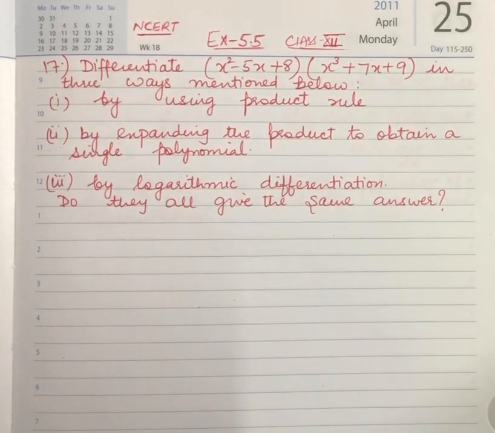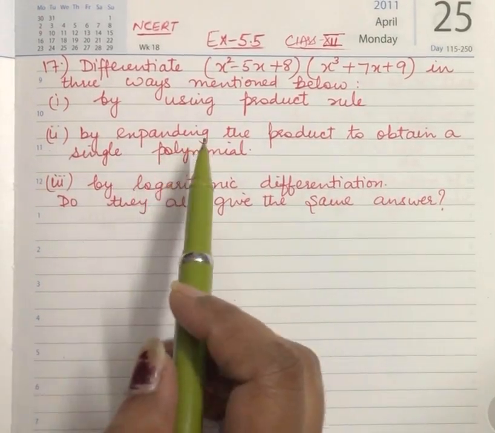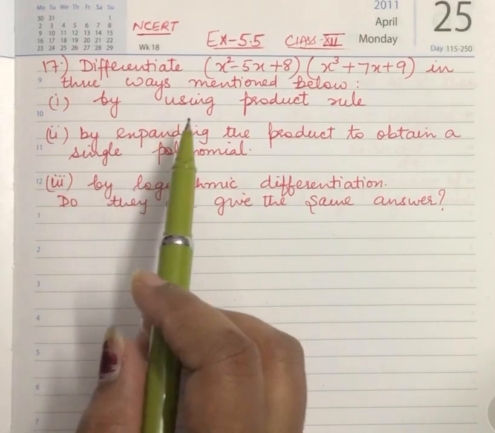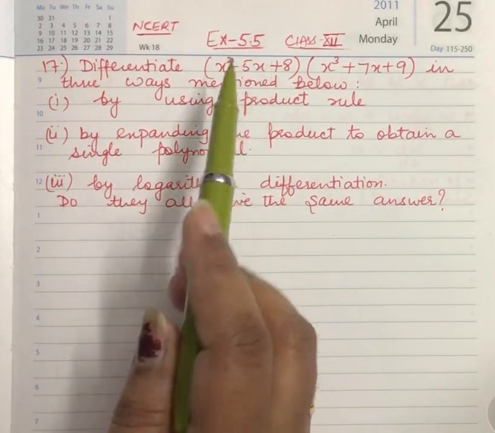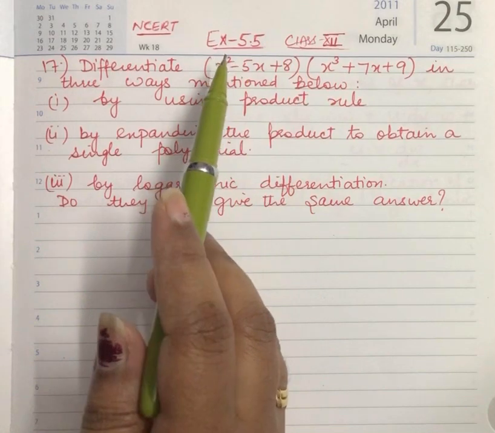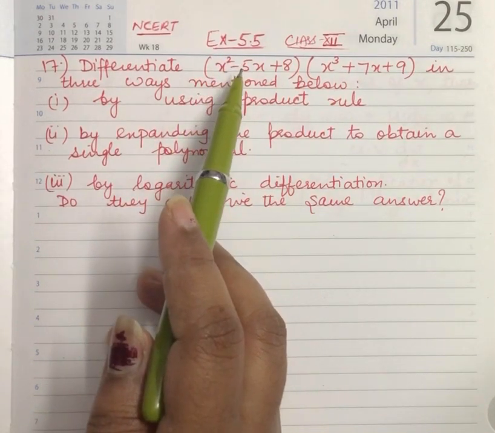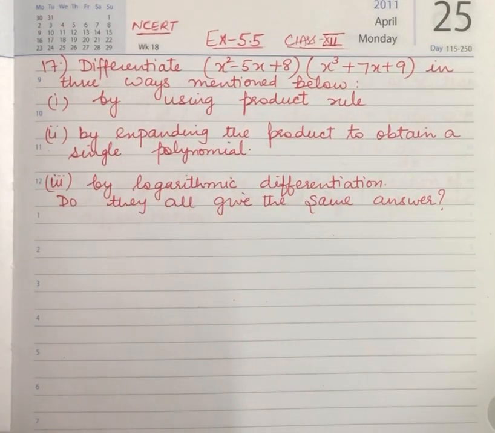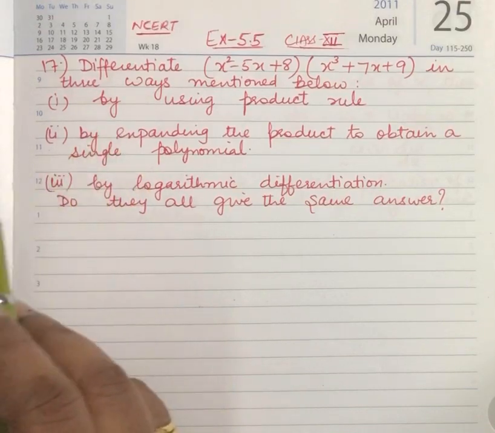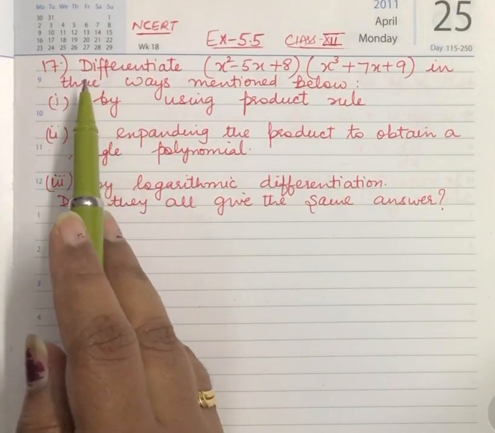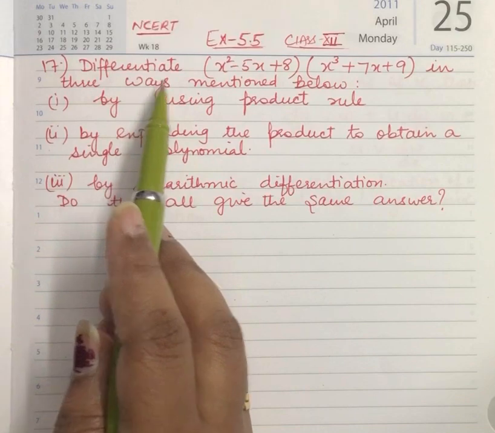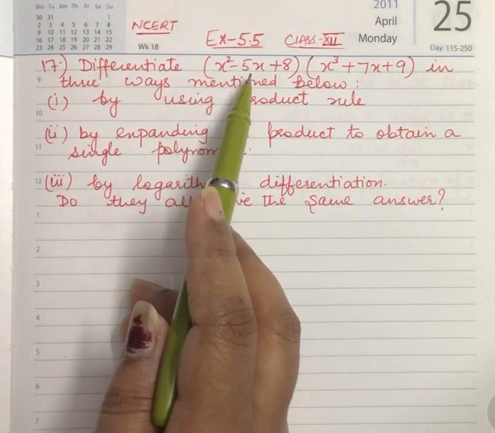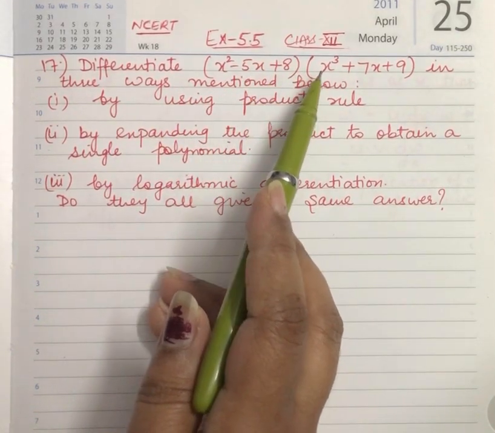Welcome students. In this video we will solve question number 17 and 18 of exercise 5.5, class 12th NCERT, chapter 5, continuity and differentiability. So let us start. In the 17th question we are given: differentiate x square minus 5x plus 8 into x